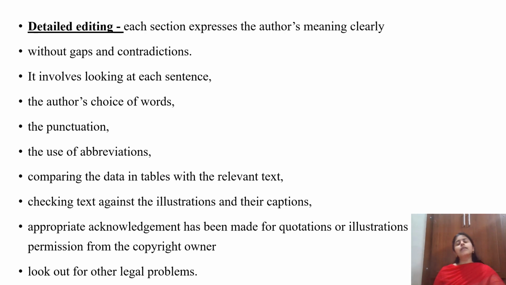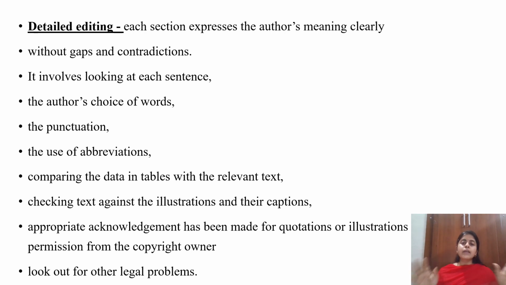The next type of copy editing is detailed editing. As the title suggests, it goes for detailed editing. So the copy editor not only looks at content and scope, but is also very mindful about the choice of words used by the author and the use of abbreviations, and whether the text is relevant to the illustration, whether the proper illustration is added.